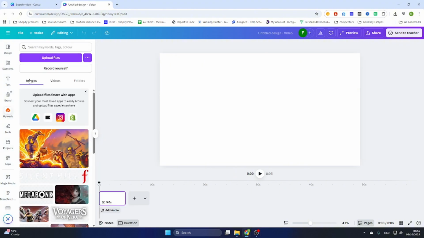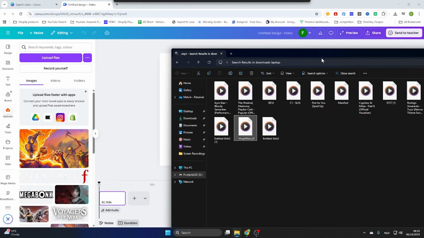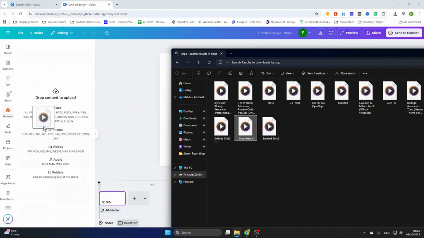Here you will find three options: images, videos and folders. Now what we can do now is click on Upload Files, or we can simply go to the folder where we have located the audio. We will make it a little bit smaller so we can drag the file into Canva. So select the file, then drag it into Canva, and as you can see it will display drop content to